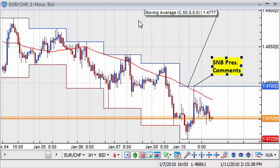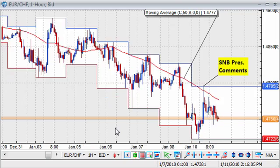Here we're taking a look at the euro-Swiss franc pair, and we see that we had a pretty sharp gain in favor of the euro in overnight trading, as we had some comments come out of the Swiss National Bank president, in which he said that the central bank will continue to prevent any excessive appreciation of the Swiss franc against the euro. That warning came as we almost hit the 1.47 level overnight,